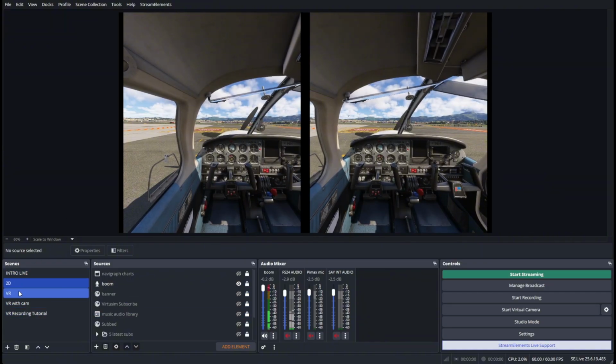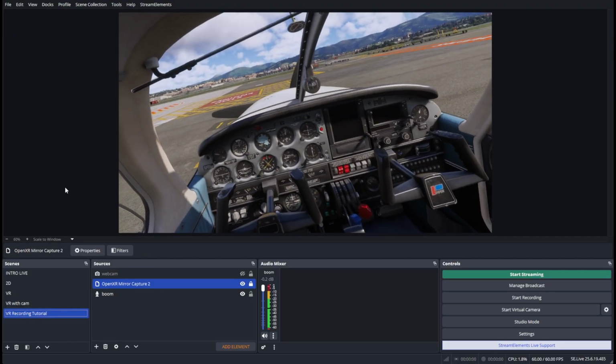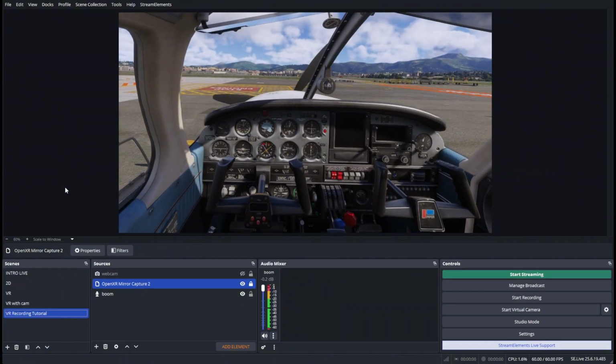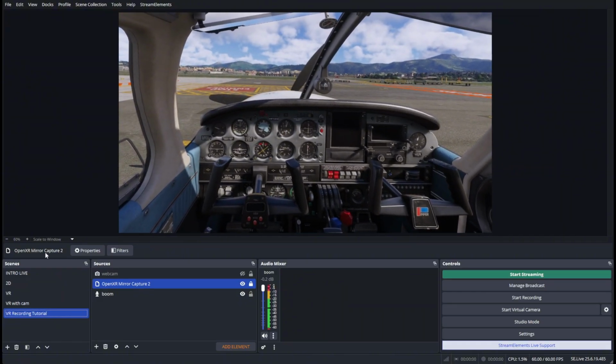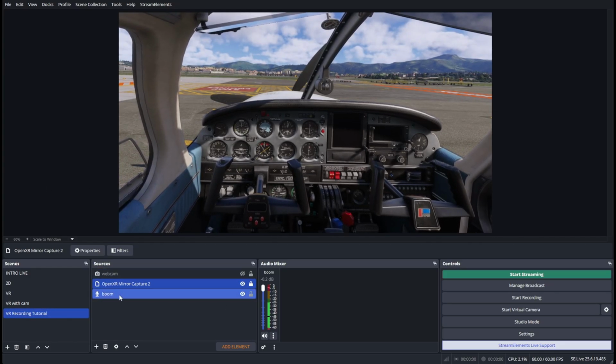OBS. So now I'm going to my VR recording tutorial. So I'm going in here, and you will see that now I have basically the same image, but this is in VR, as you can see, right? So now how did I get this image? Well, to do that, you have to click on the properties of the OpenXR mirror capture. So you come in here, you double click it, you go to the properties,